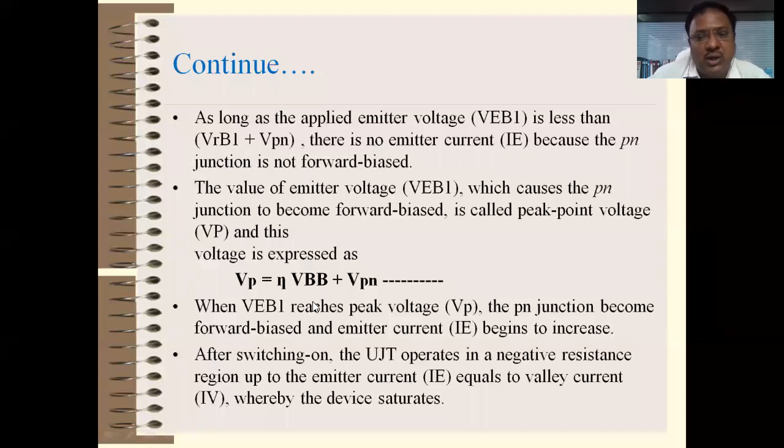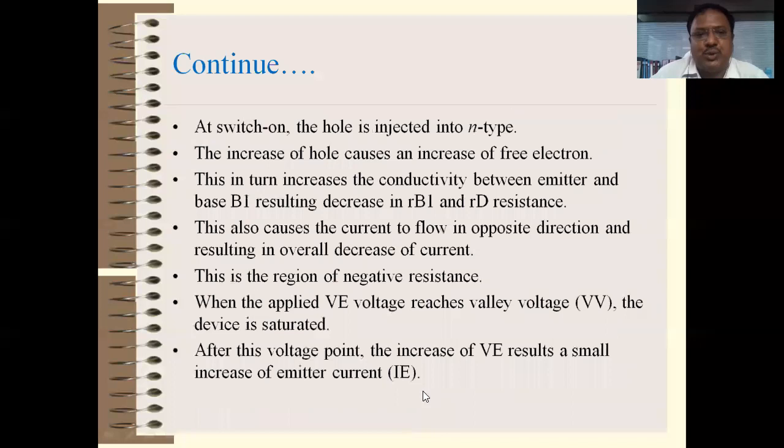Once the device turns on, the voltage across that device is equal to the on state voltage drop, right? After switching, the UJT operates in a negative resistance region up to the emitter current equal to the valley current called IV, whereby the device gets saturated. At switch on, the holes are injected into the N type, right? The increase of holes